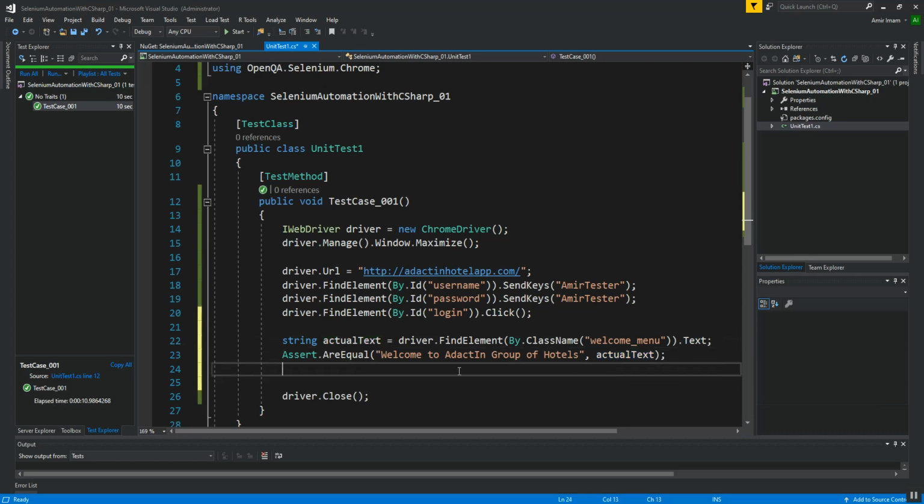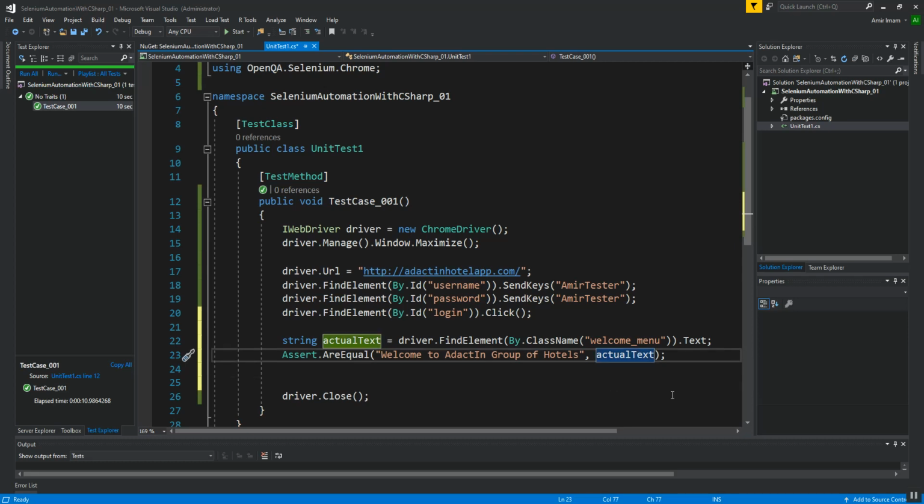I am comparing by using the Assert.AreEqual method. This is my expected text, and the actual text is captured at runtime, and it will compare both messages. If those two texts are equal, then the test case will pass. If those two texts are not equal, then it will fail our test case.